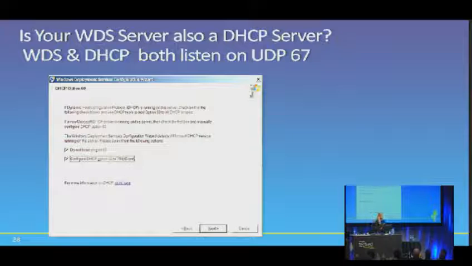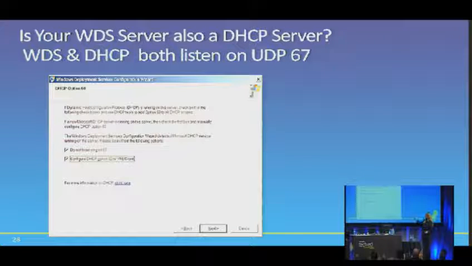And if your WDS is being installed on a DHCP server, you'll see this page. If it's not, you won't see this, because we have a little problem here. WDS and DHCP both listen on UDP port 67, and they both work with broadcast traffic by default. They don't share this port. So what we have to do is tell WDS, don't listen on port 67. So if it's not listening on port 67, he couldn't possibly respond to a client and say, I'm the WDS server. So you have to create a DHCP option